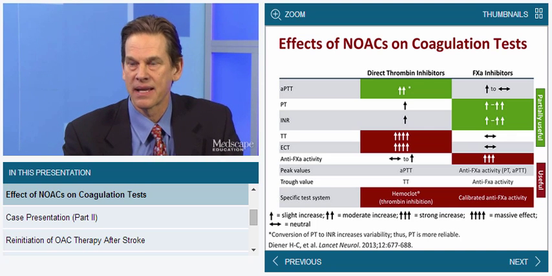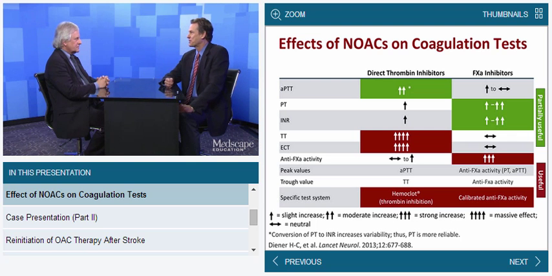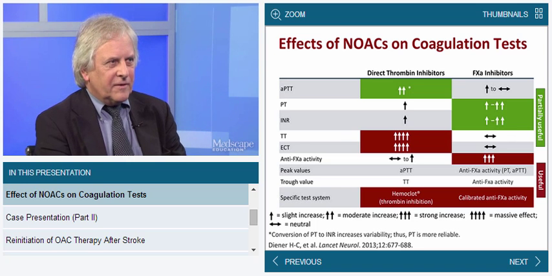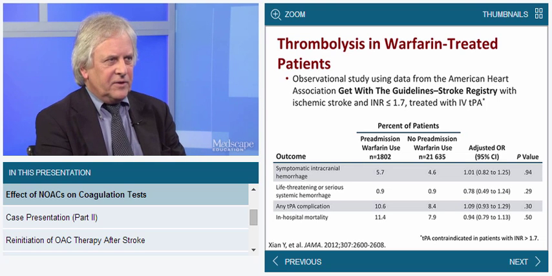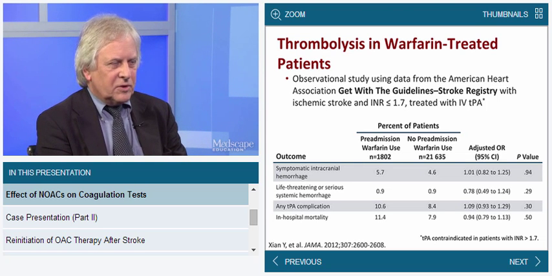Okay. Well, let's assume that it's actually warfarin that he was taking, and you've already indicated you'd order an INR test. How would you interpret the results? What INR level would you use to decide it's too much to give thrombolytic therapy? Yeah, we have data from the Get With the Guidelines registry from the United States. And the data from this registry indicates that if the INR is below 1.7, it's safe to do thrombolysis. There is no increased risk of intracerebral bleed. But if the INR is more than 1.7, TPA is contraindicated. Okay, so that's pretty straightforward.